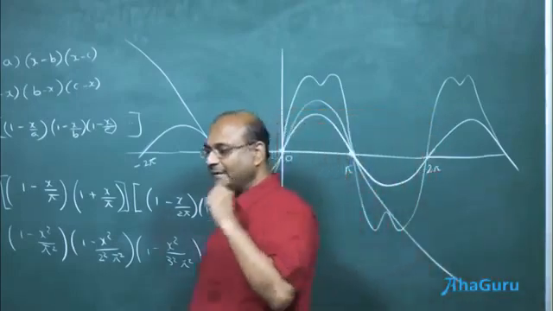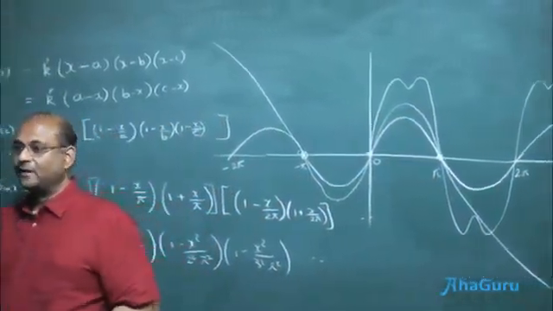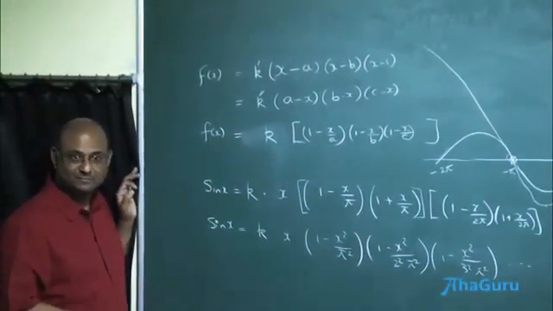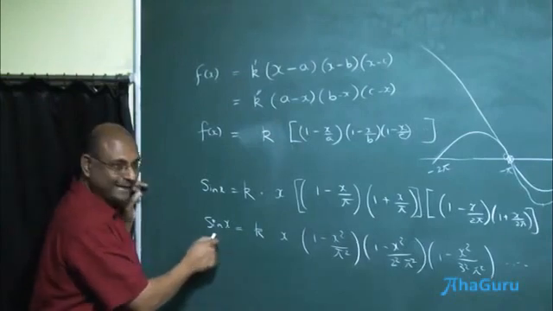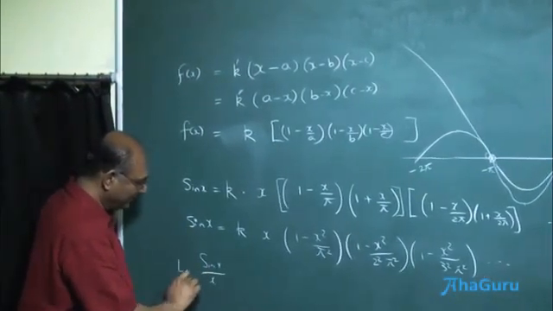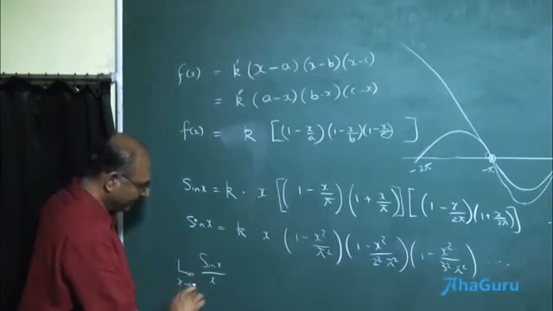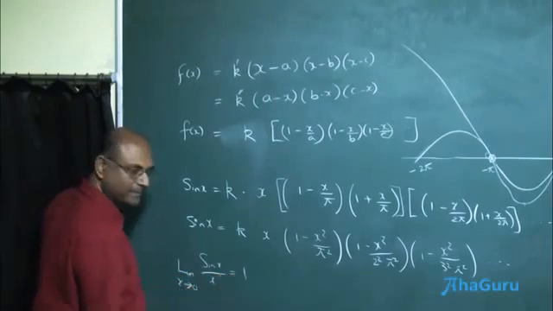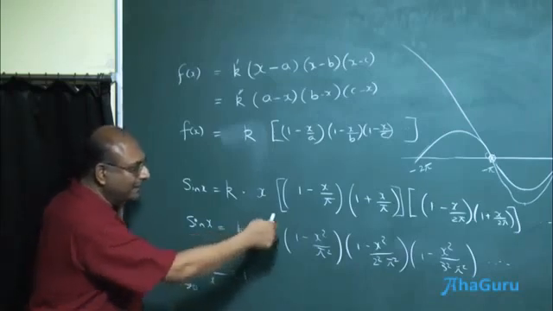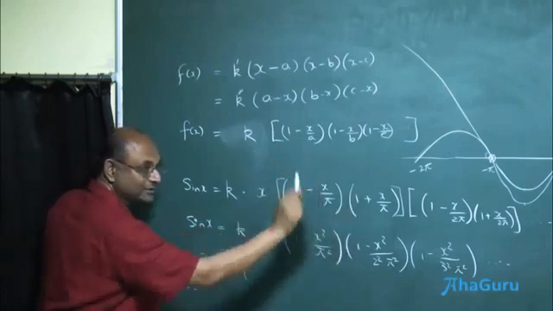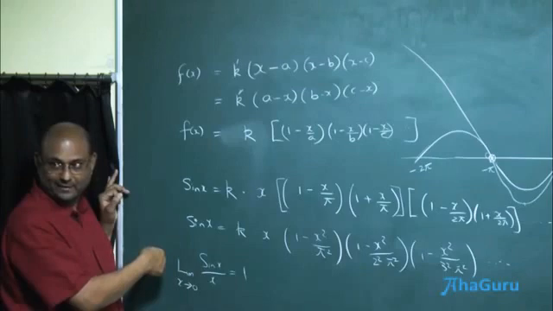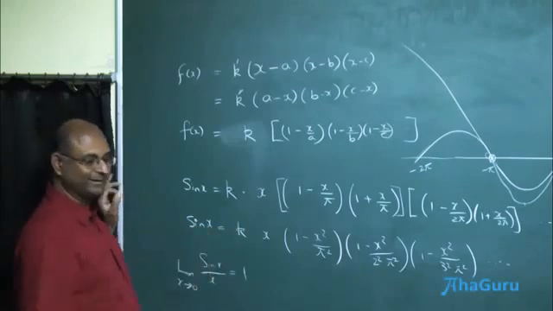When x is very, very small, I still need to figure out what k is, right? When x is very, very small, sin x behaves like x, or sin x by x is 1 when x is going to 0. So Euler knew this. Bring this down and take the limit as x goes to 0. Well, this is 0, 0, 0, 0. So this is all 1 into k. So k must be equal to the limit of sin x by x. So k must be 1. So k is 1. Okay.